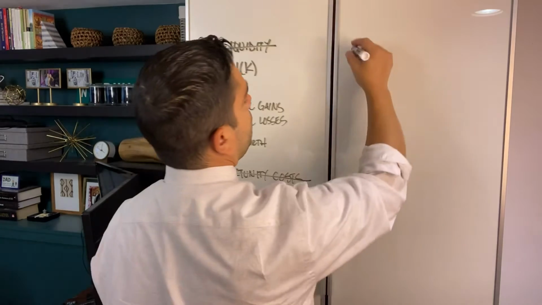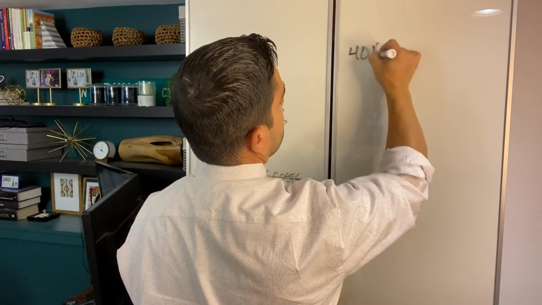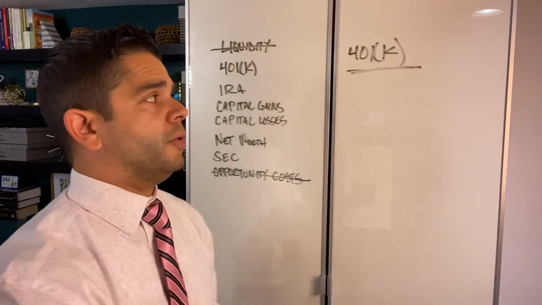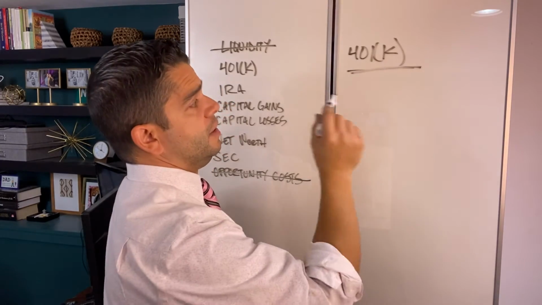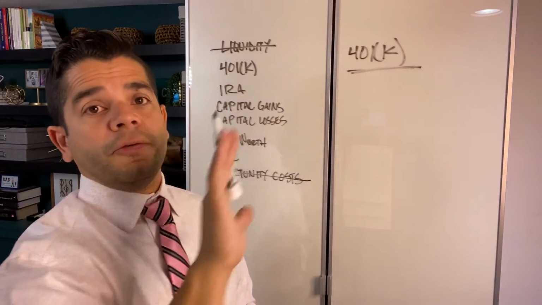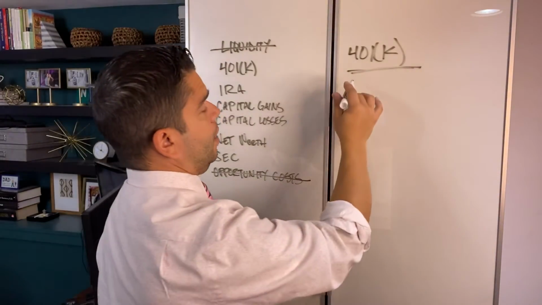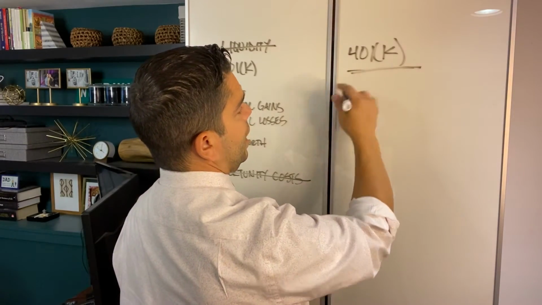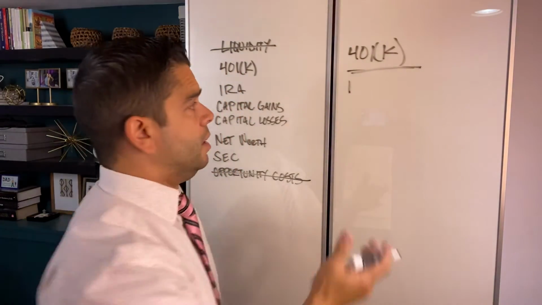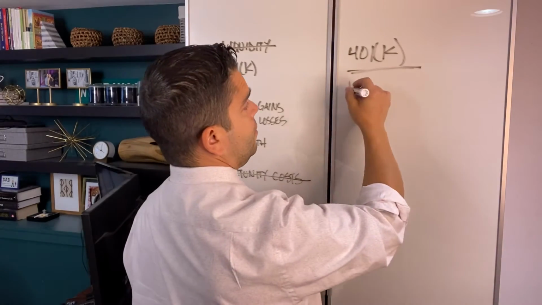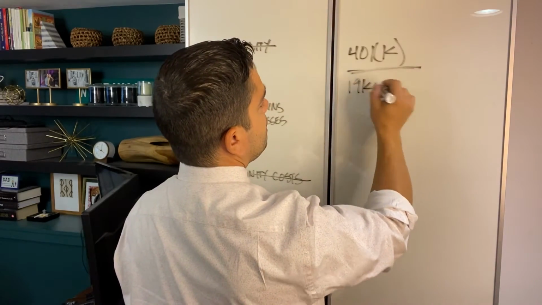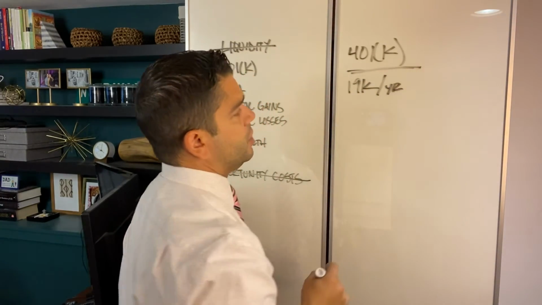Let's look at 401k. Now, a 401k is a retirement plan through your employer. So if you work for a company, for a business, you're putting money towards retirement from your check. So every time you get your paycheck, money is taken out and it's going towards your future self, your future you. So in a 401k, you can contribute, and there are limits. I'm not going to give you the number because I won't get it right, but there are limits on how much you can contribute per year into your 401k. I believe it's $19,000 per year that you can put into your 401k.